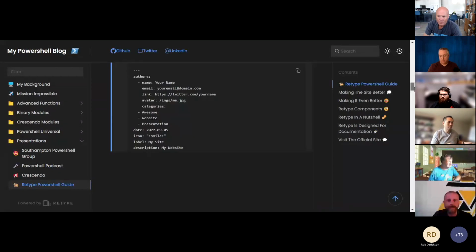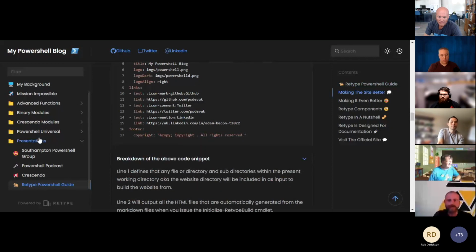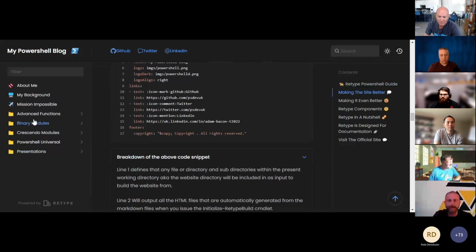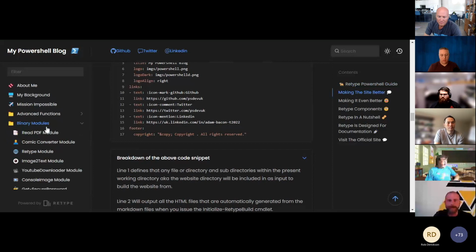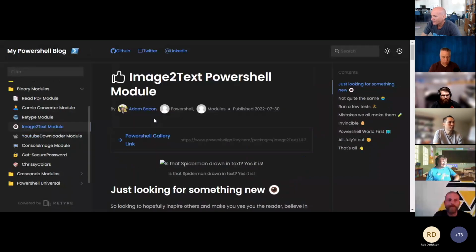Like I said, I spent quite a bit of time writing this documentation, but these are all just fun modules that do crazy things. Some of them might be useful, some of them might not. It might be reading comic books or reading PDFs, or displaying pictures in PowerShell, just things that I didn't think you could do, which you now can. One that I particularly liked was ASCII art.